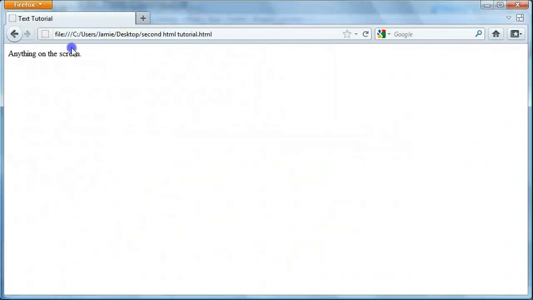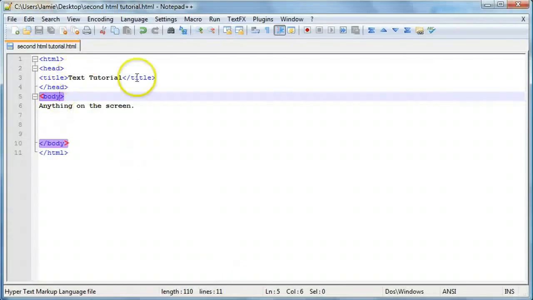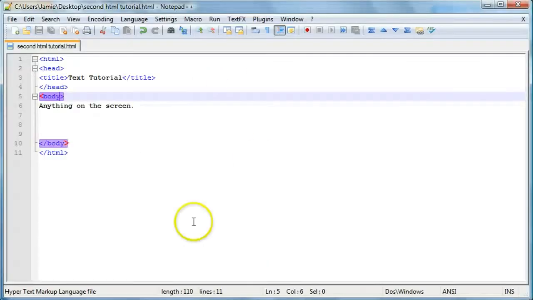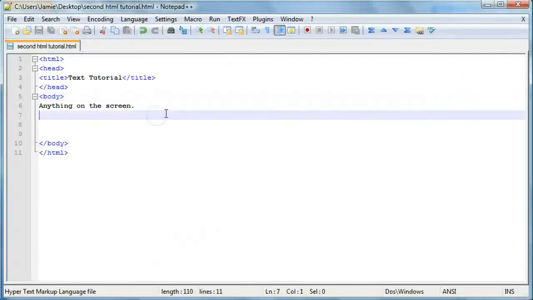You'll see that we have anything on the screen, which is what we typed in our code right here. And you'll also notice our text tutorial title, which is right here in the code. So this is one way to add text, but as you can see, it's right up here in the top left of the screen. And if we type any text beside it or underneath it, let's say we want to have a second line of text,